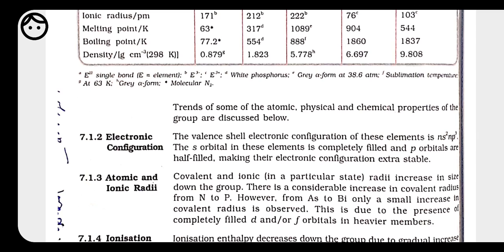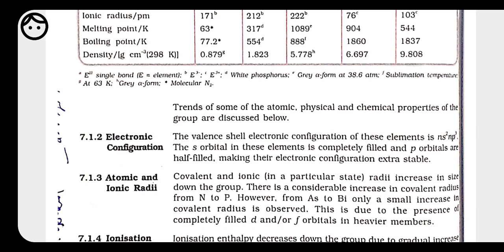Here the size of an atom is expressed in terms of atomic radius, van der Waals radius or covalent radius. You have done in class 11 that the radius of an atom is taken by measuring the distance from one nucleus to another nucleus. This is the diameter, and by taking half of it we get the radius. For a metal it is called metallic radius, and for a non-metal it is called covalent radius. But a few elements are present in the gaseous form, so their radius is called van der Waals radius.